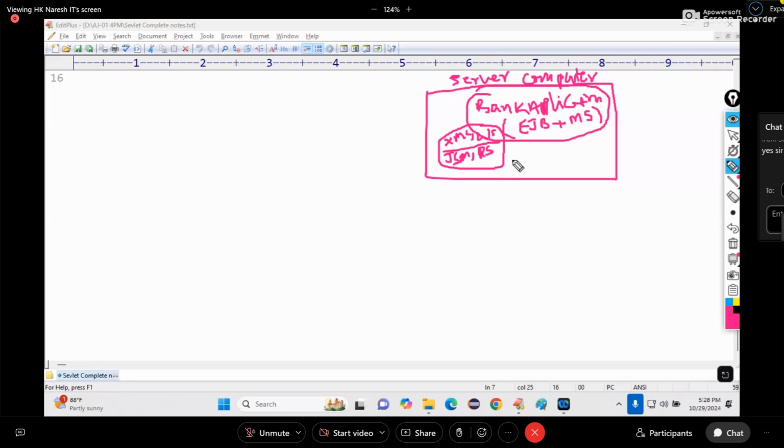Your written notes only I am converting as a diagram. Bank application is developed by using EJB and MWS, middleware services, not microservices.